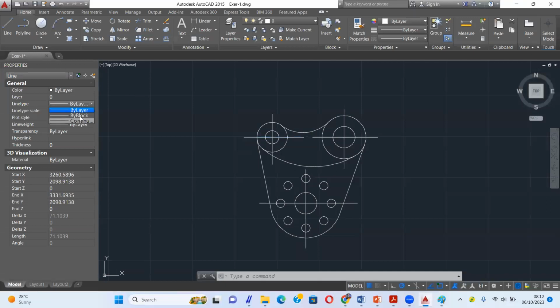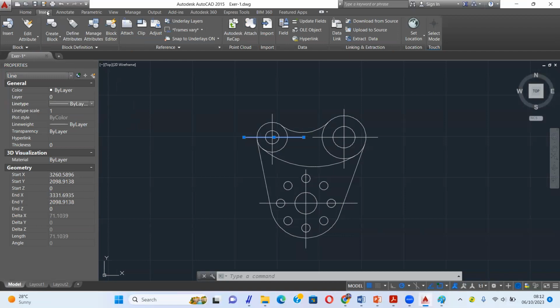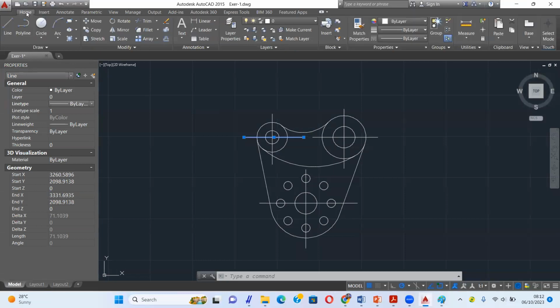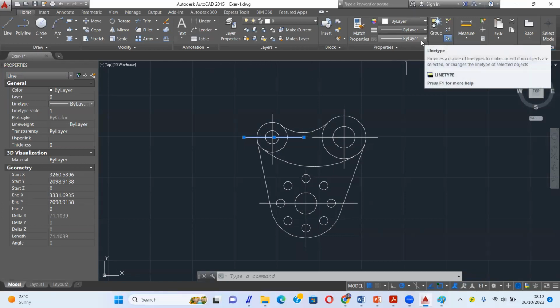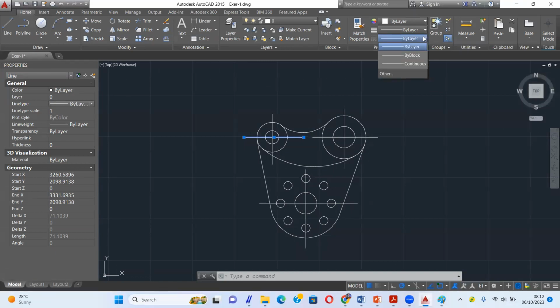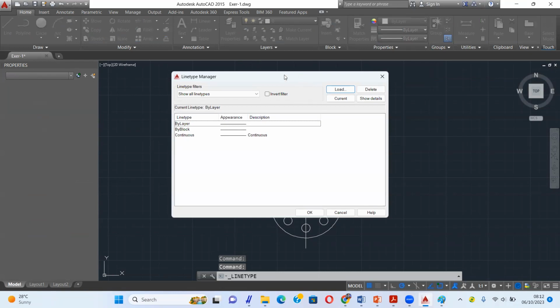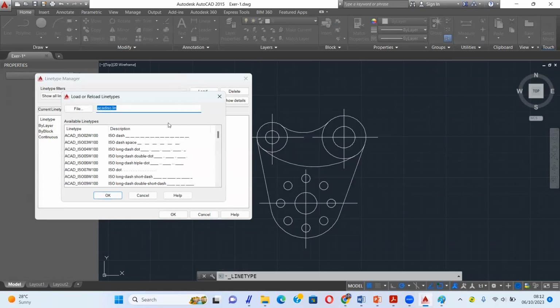You can click Enter, and then we have to load and find a center line.